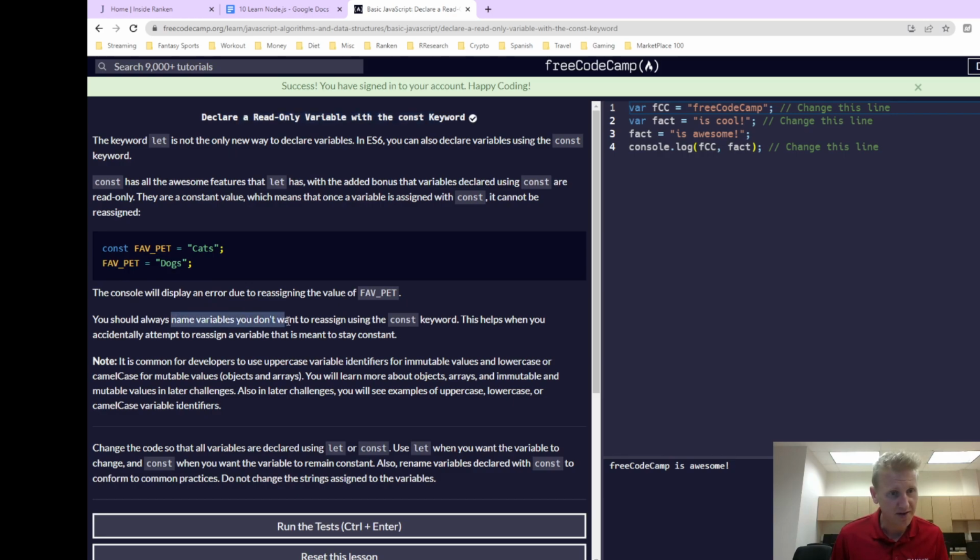You should always name variables you don't want to reassign with const. It is a common practice for your identifiers